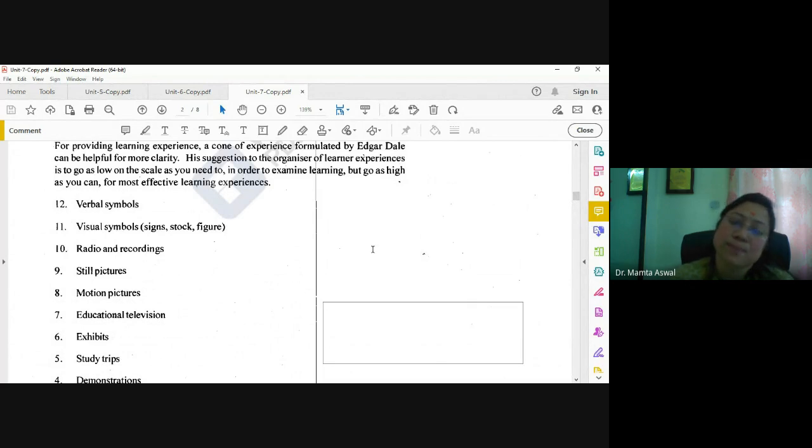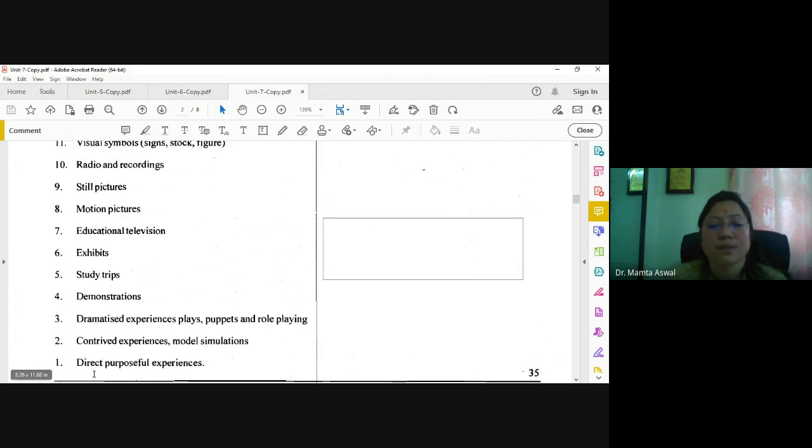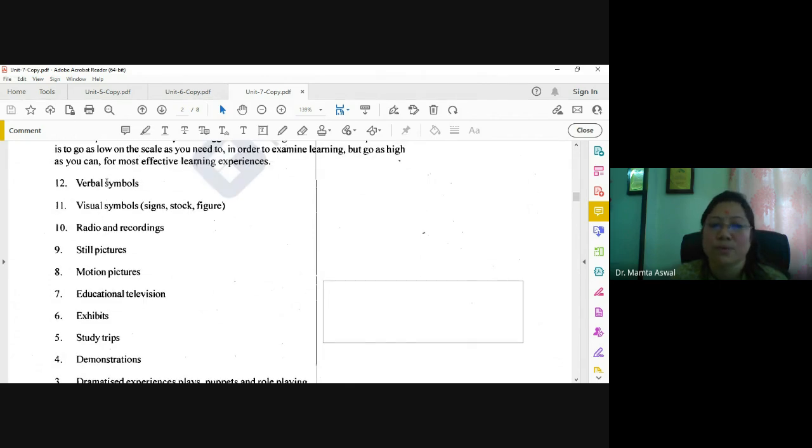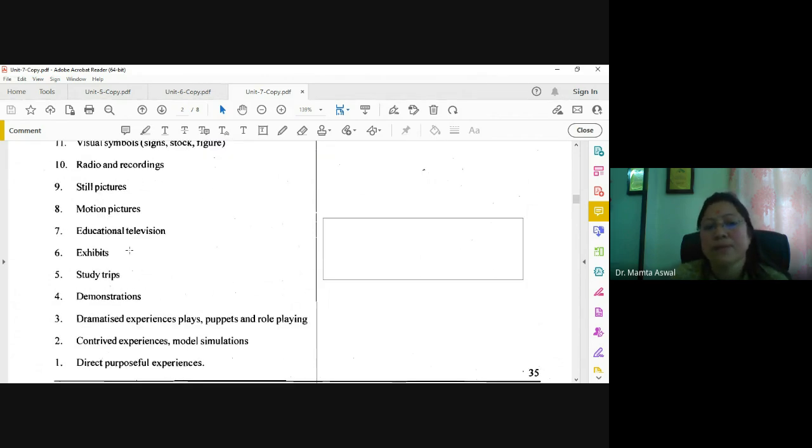We generally teach this particular Edgar Dale model in educational technology. This model is very helpful for the students and for the teachers also, because it talks about the experiences of the learner, learning experiences. How come it talks about the learning experiences? If you look here on the first point, you will find direct purposeful experiences, then contrived experiences, demonstrations, study trips, exhibits, educational television, and so on, verbal symbols. So what happens here is